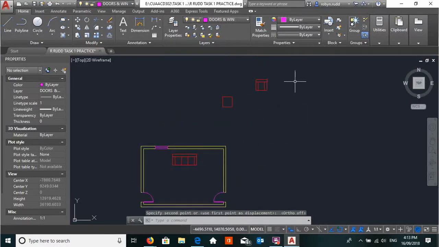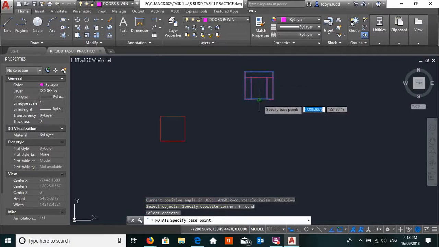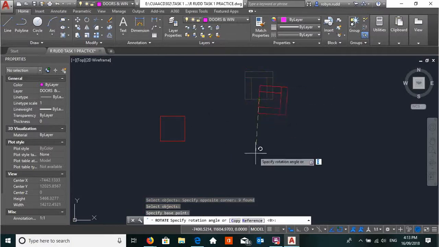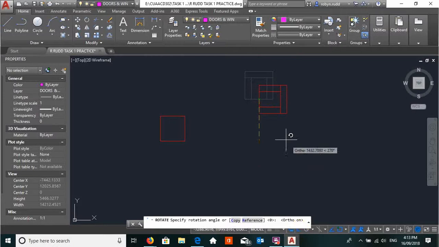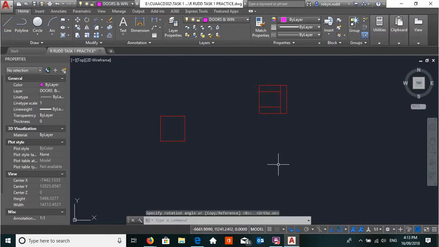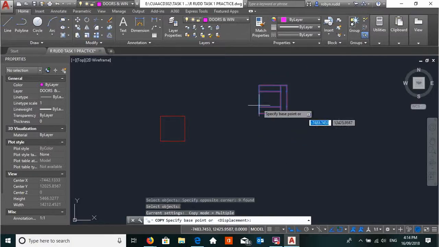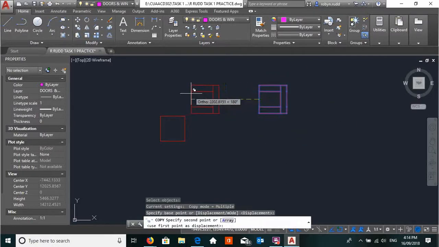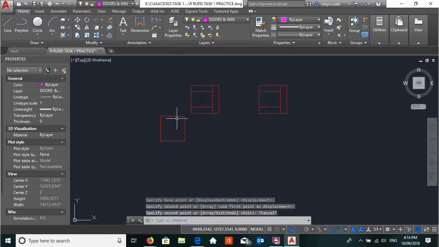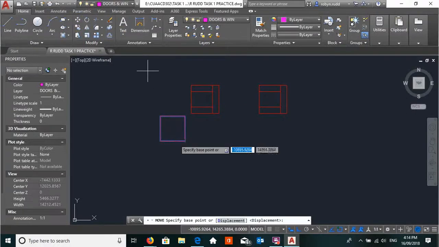And then what I'm wanting to do is rotate this. So let's rotate because it is in the opposite direction. Enter. And I am going to rotate that, put my ortho on, pull it down, and it pulls it in that direction. I'm going to make 2 of those, so I'm copying, enter, pull that out. Okay, let's just move this a little down,